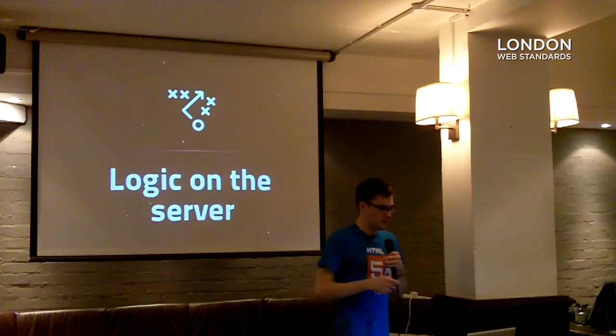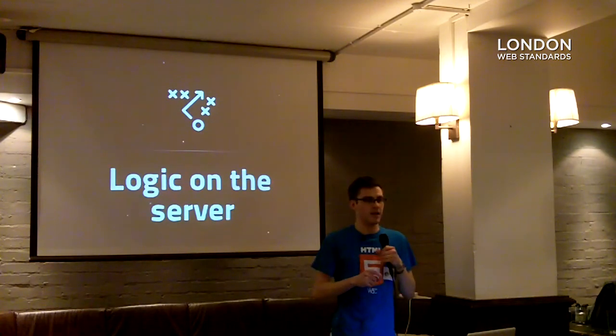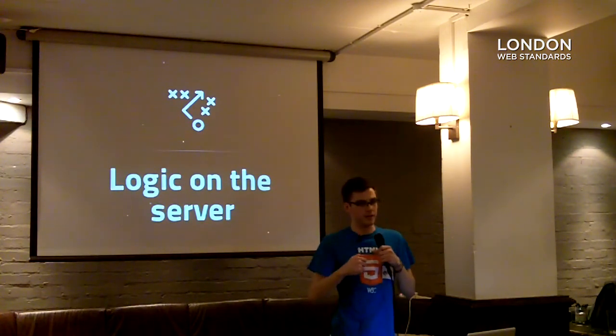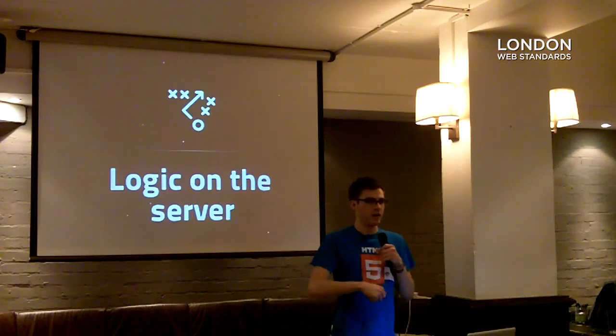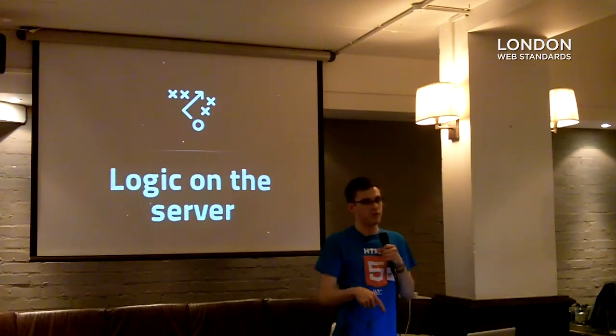And by doing that, all the client has to do, all the browser has to do, is say, I want you to shoot from my player, or I want you to move me forward. You don't say, I'm moving forward 20 pixels like you do now, because then you could just change it to say, I'm moving 200 pixels. What you do now is just say, I've pressed the up arrow, and then the server goes, okay, thank you for that, I'm going to move you 1 pixel and send you back your new position.